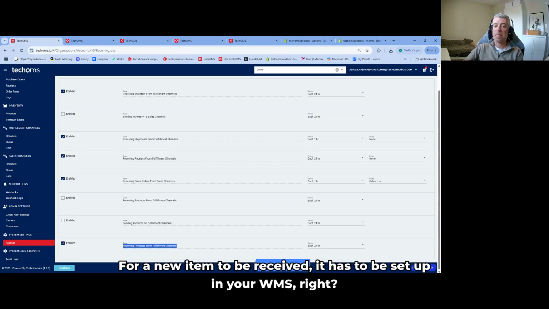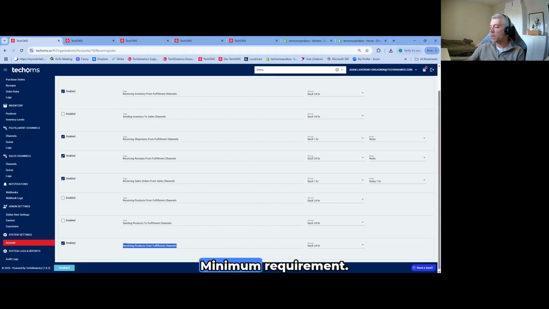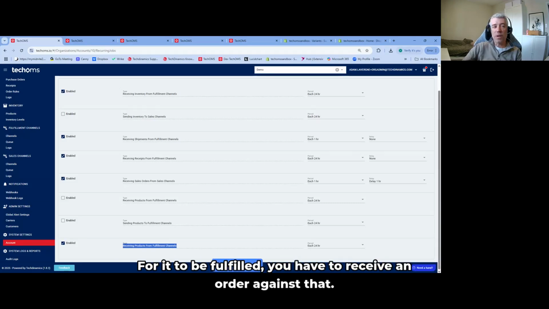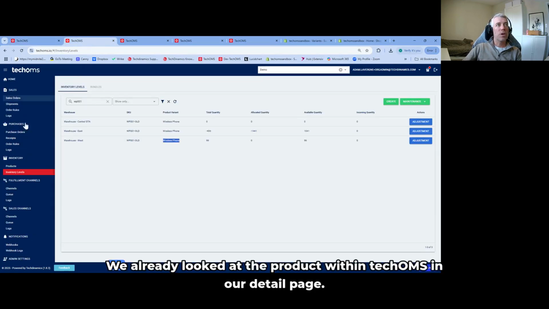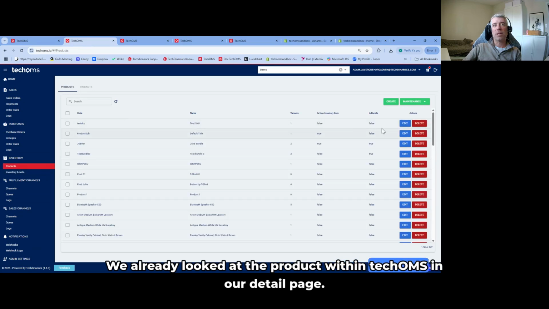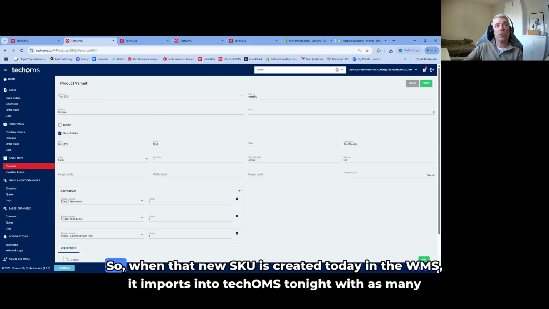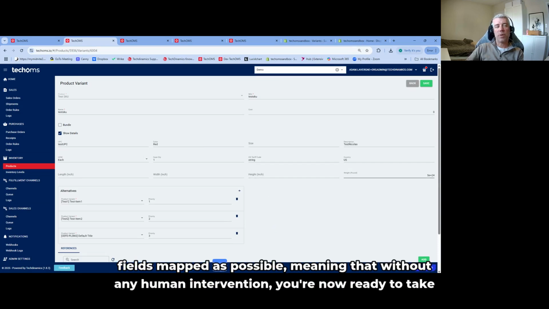For a new item to be received, it has to be set up in your WMS, right? Minimum requirement. For it to be fulfilled, you have to receive an order against that. Being that you have to set that SKU up in the WMS, we already looked at the product within techOMS in our detail page. So when that new SKU is created today in the WMS, it imports into techOMS tonight with as many fields mapped as possible, meaning that without any human intervention, you're now ready to take orders from